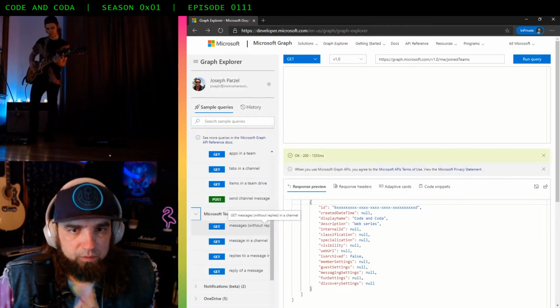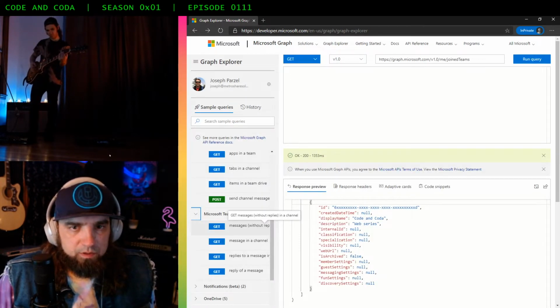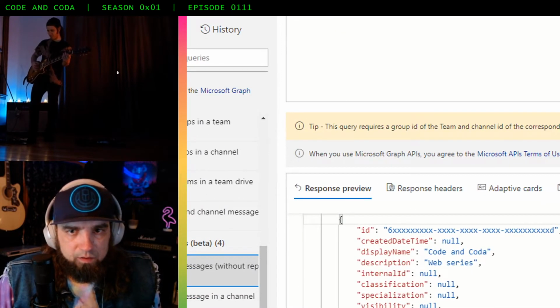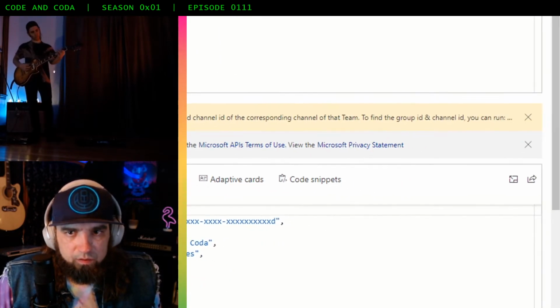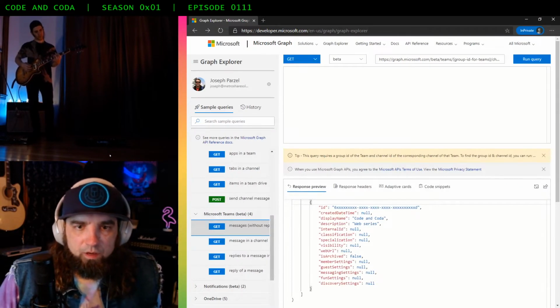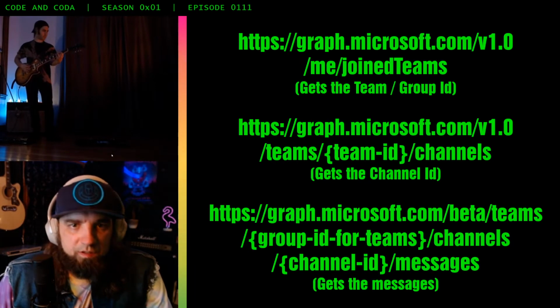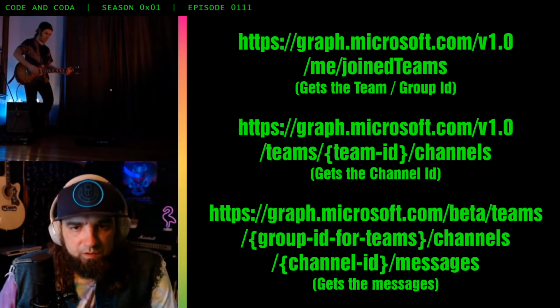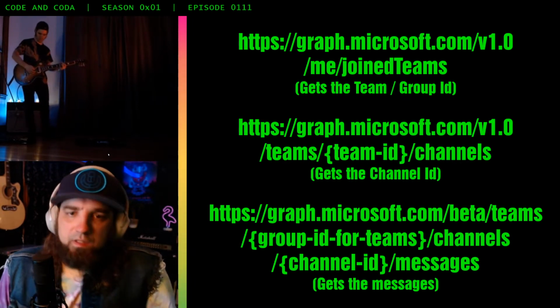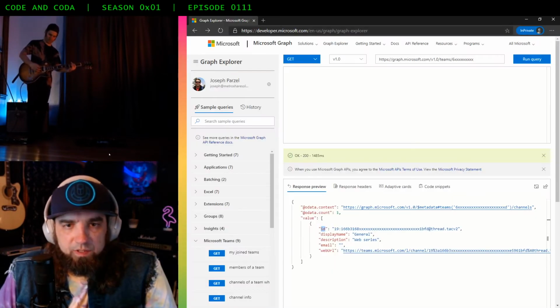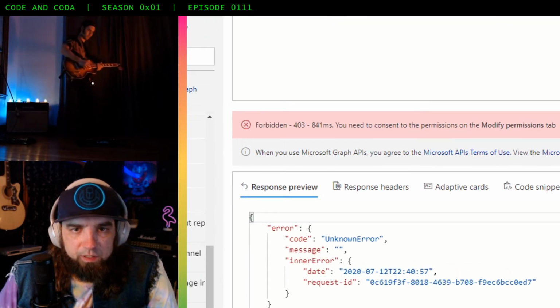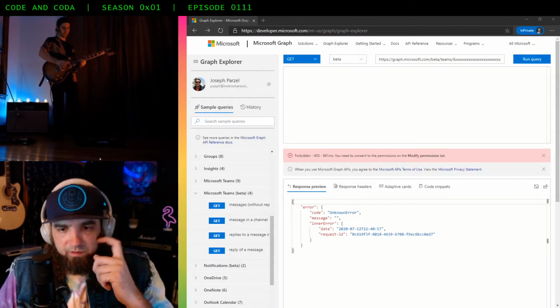All right, so once we found those scopes in Graph Explorer, you can see there we found the group read all, but we didn't consent. First, we tried to access that data, and I know that we were trying to get some of these other URLs to work here, join teams, channels, and messages. Once we finally did try to get those messages, I know somewhere in here, there we are, we got an error message because we did not consent.